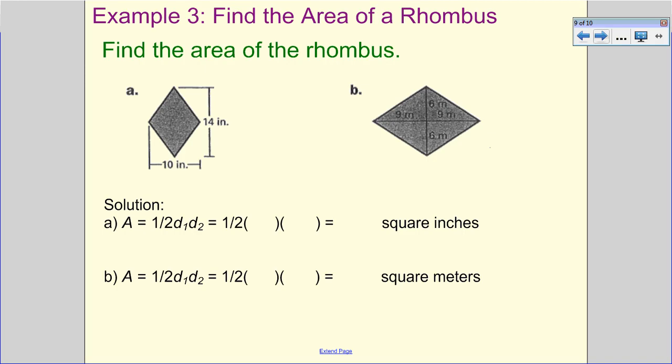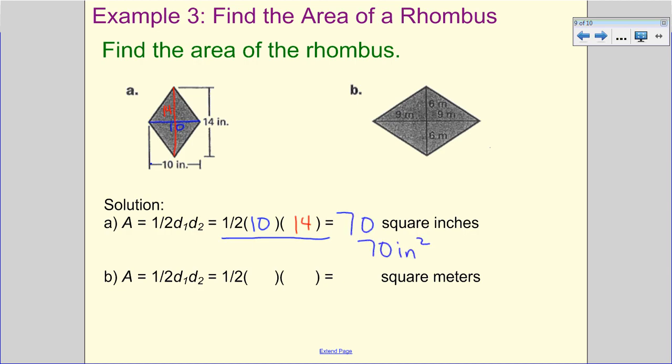Well, they're giving me my measurements in a little bit different ways, so we can prepare. They go from 10 from side to side, which means the first diagonal is 10. They then go vertically, top to bottom, with the 14, which means my second diagonal is 14. So D1 and D2 are just 10 and 14. Now, some of you are doing some mental math, doing 1/2 times 10 and getting 5, and then doing 5 times 14. You can do 10 times 14 and get 140 and then multiply by 1/2. Whichever is easiest for you, or just type this all into your calculator, but we get 70 square inches, or